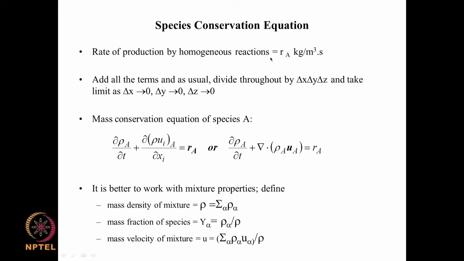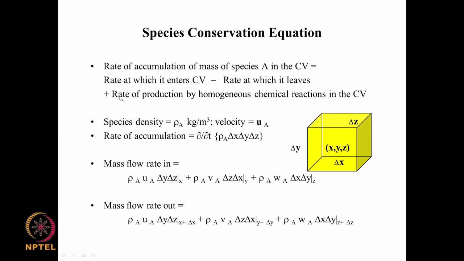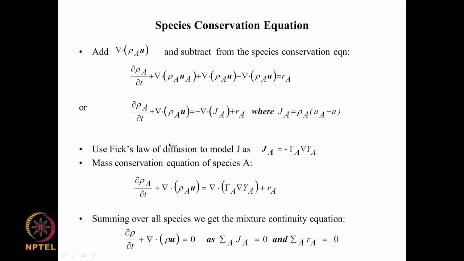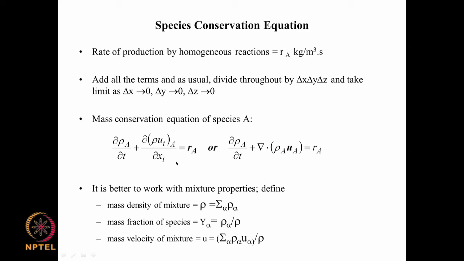So, this is what will be coming out on this side here, because this is rate of production times the volume delta x delta y delta z, which gives us the kilograms per second of production of species A in the entire control volume, and to that extent we put this as a volumetric source term here. So, we add all the terms as usual and then divide by the product of the volume delta x delta y delta z, and take the limit as delta x tends to 0, delta y tends to 0 and delta z tends to 0, and then we have an equation here which is very similar to the mass conservation equation that we had earlier, except that